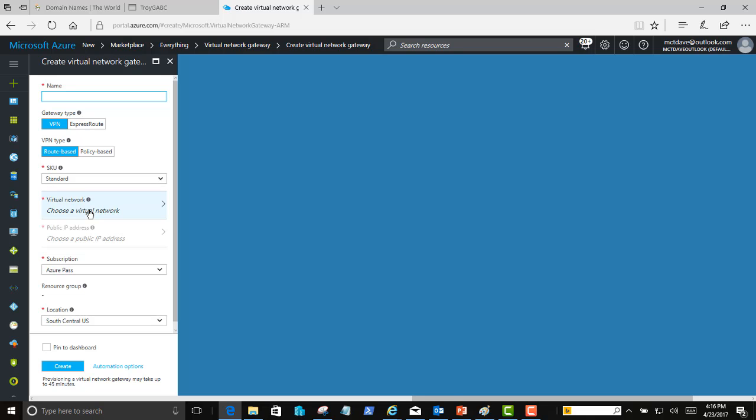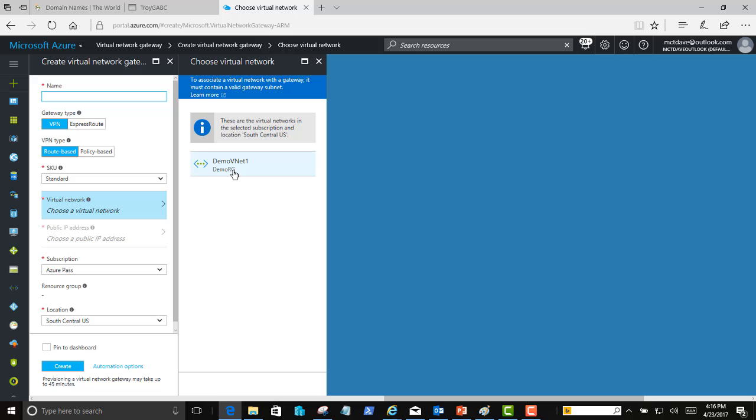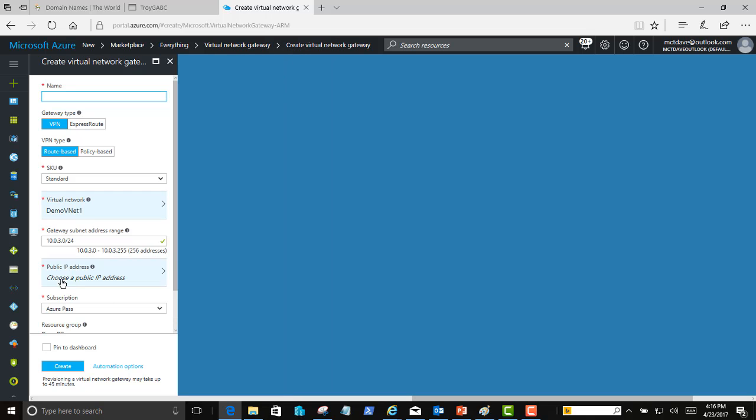And now we need to choose the virtual network that we're going to connect, and of course that's our Demo VNet 1. And notice how it gets another subnet range, because both sides of this gateway, it will have a public on one side and into our network, our VNet, as another subnet on the other side. So it can route through that whole Demo VNet 1 and all the subnets in it. Like 10.0.0.0 I think is our default, 10.0.0.1 is our production, and 10.0.0.2 is our dev subnets.